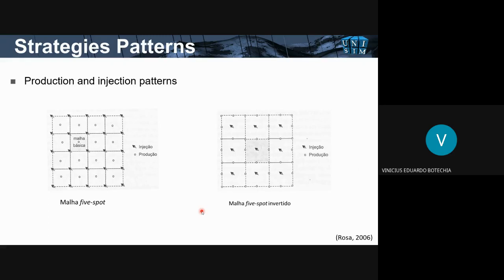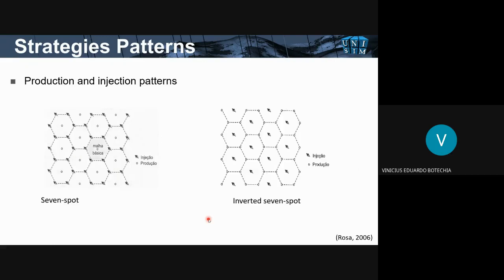Then we have the classic 5-spot pattern, right? When you have 5 points here, you have the producer inside a square surrounded by 4 injectors, and you have the inverted 5-spot here when you have... sorry, this picture is wrong. This is the 7 spots. I made some mistake here. But the inverted 5-spot would be the opposite, right? It would be 5 points, but with the injector inside and the producers surrounding. And I'm sorry that these pictures are in Portuguese. I forgot to translate them as well.